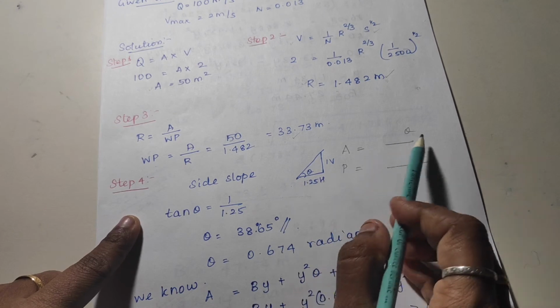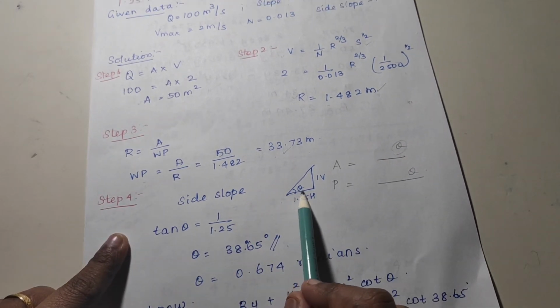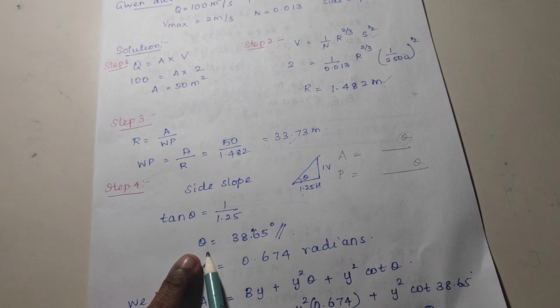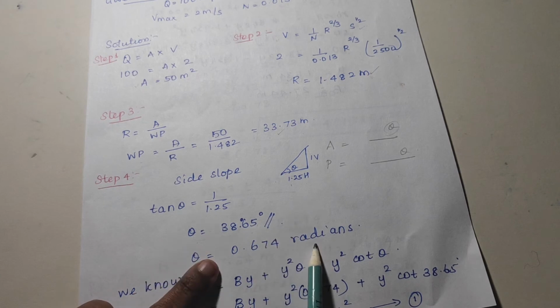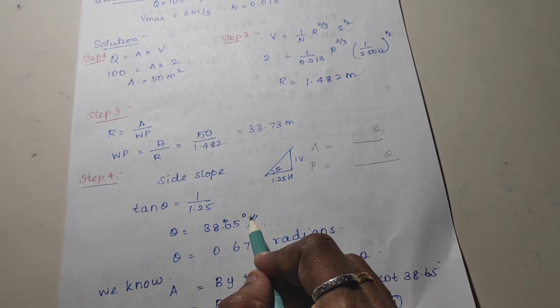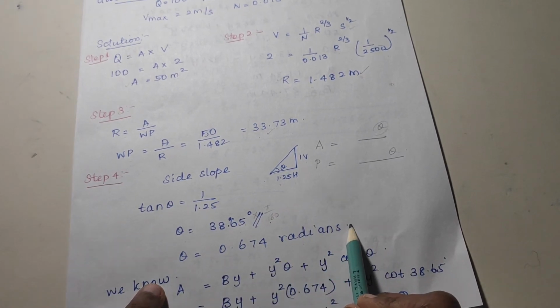Okay, so in that we don't know what is theta. For finding that, they have given the side slope as 1 vertical to 1.25 horizontal. So from that you can easily find out what is theta. Okay, and also you have to convert it into radians, into pi by 180. If you multiply this degree into pi by 180, you will get the theta in terms